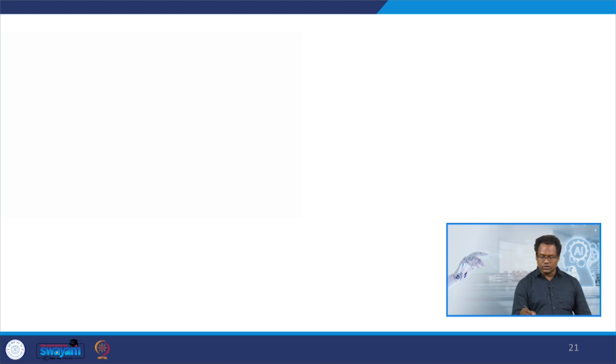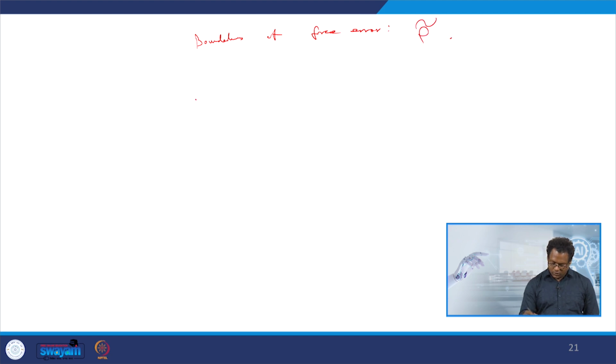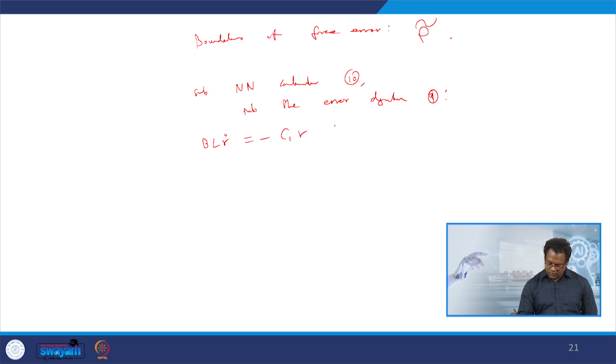So, this is regarding the boundedness of the positional error. Now, let us talk about the boundedness of force error, that is rho tilde. So, now substitute the neural network controller, say given by equation number 10, into the error dynamics, that is equation number 9, we get B L r dot equal to minus C1 r plus F